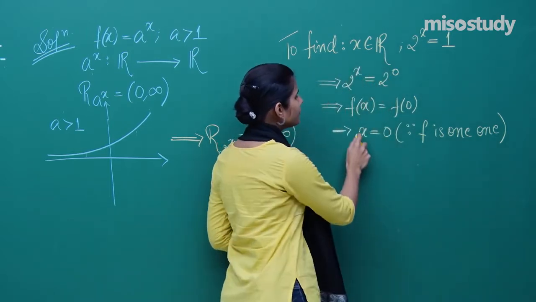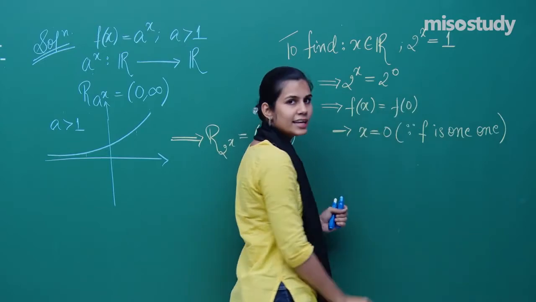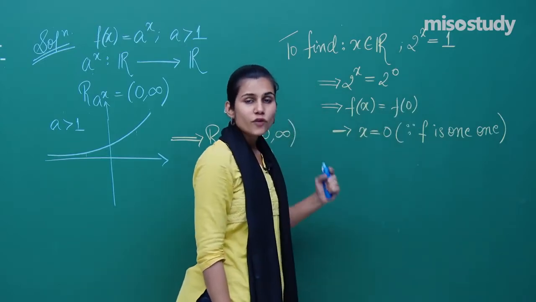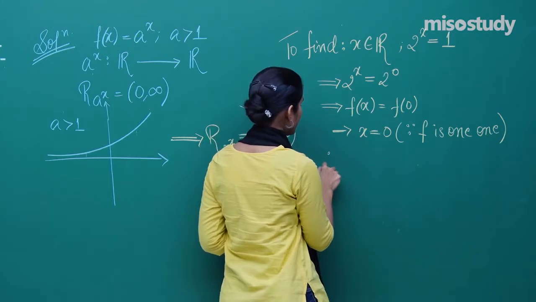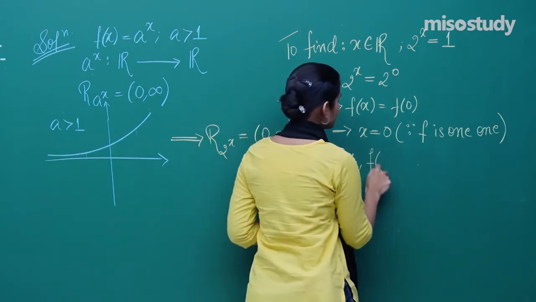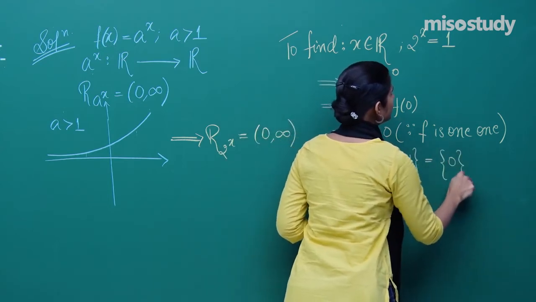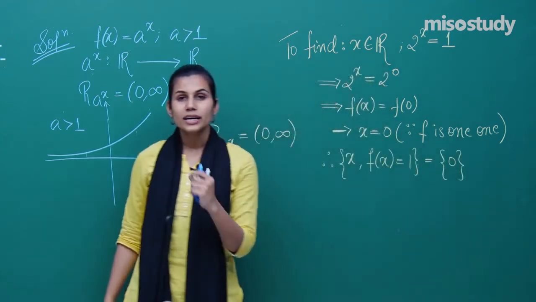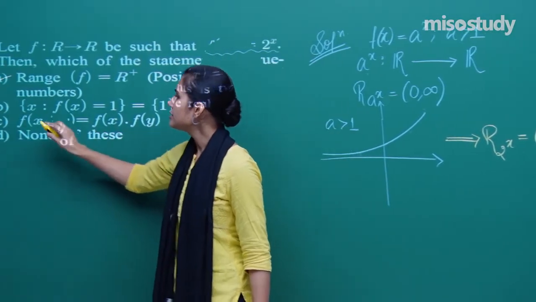And therefore the only x for which f(x) is equal to 1 is x equals 0, so the set of all those x such that f(x) is 1 is the singleton {0}. The answer is not singleton {1} but singleton {0}, and